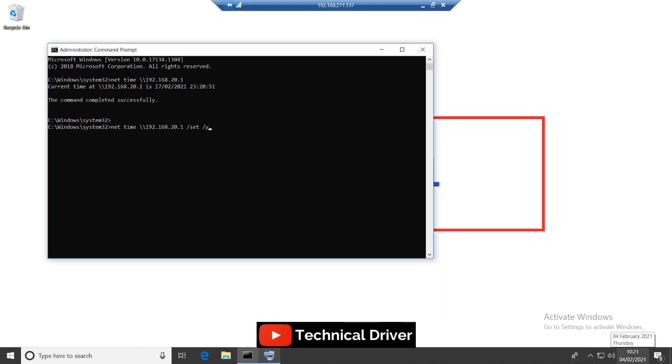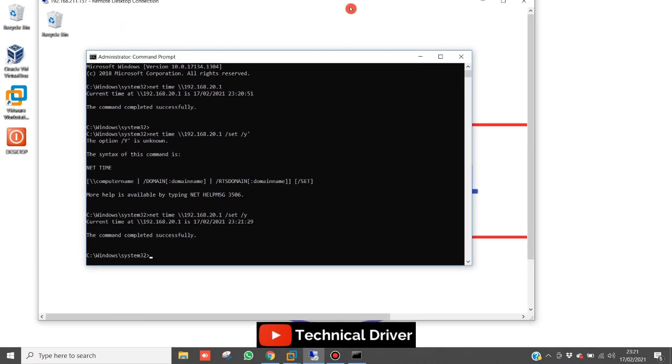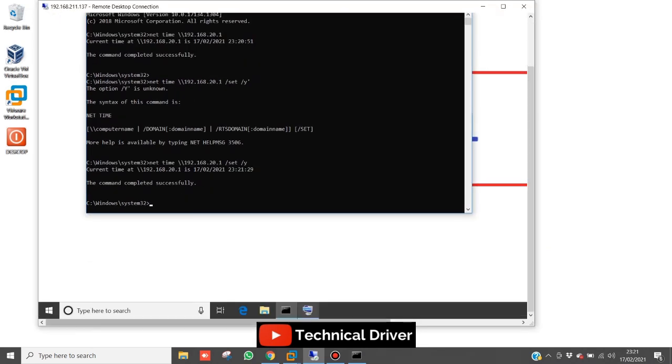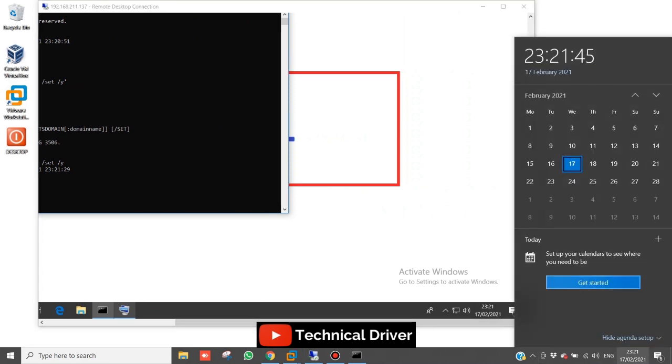Don't miss putting this. I press enter, and you can see the timings will be changed. Oh sorry, I pressed wrong. Now enter, and you can see the timing is changed and synced with my main machine. This is a very easy and simple process to sync your time and date from another machine.